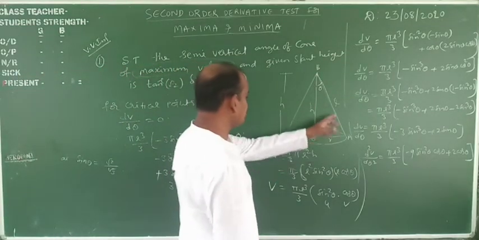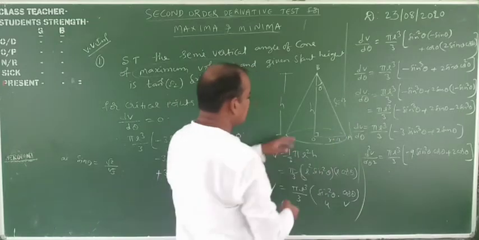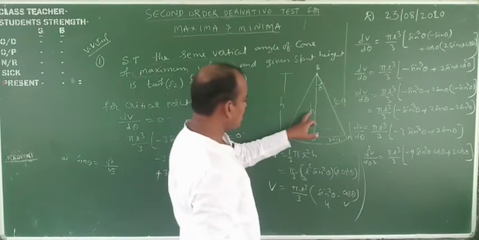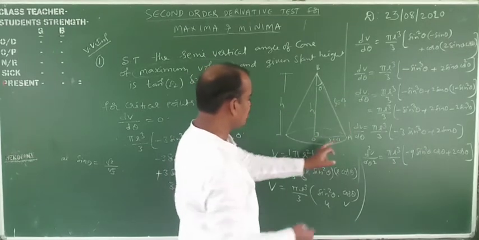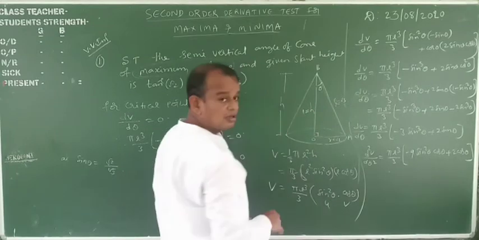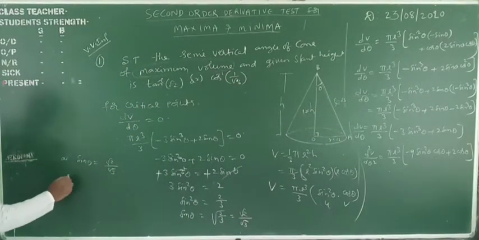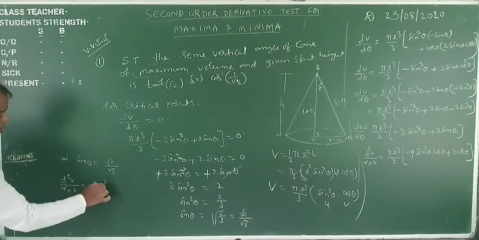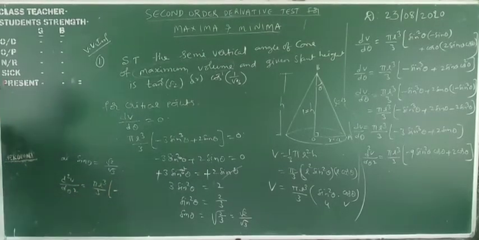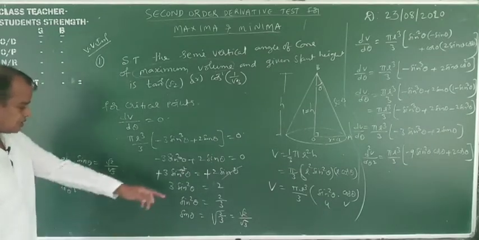Sin theta means opposite side. This is root 2, and the hypotenuse is root 3. What about the height? By Pythagoras theorem, this square minus this square: root 3 square means 3, minus 2, means height is equal to 1. Now substitute in d square v by d theta square, which is equal to pi l cube by 3 into minus 9 sin square theta, minus 9 into sin square theta means 2 by 3,